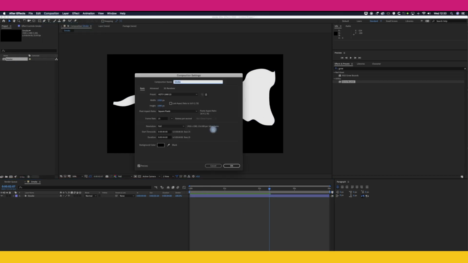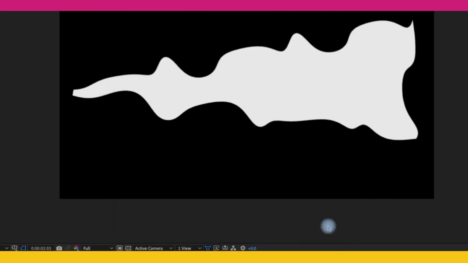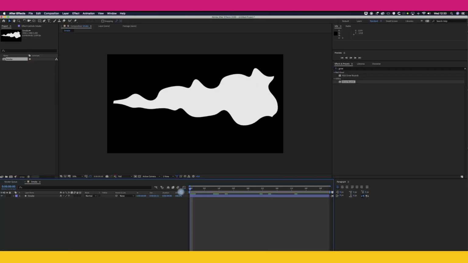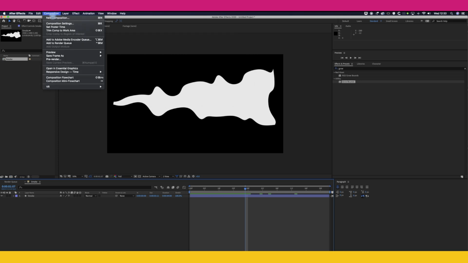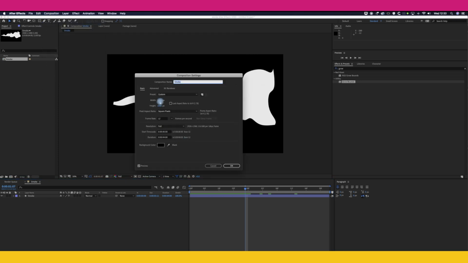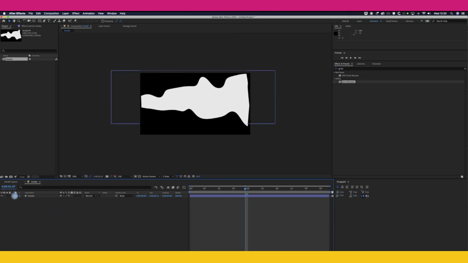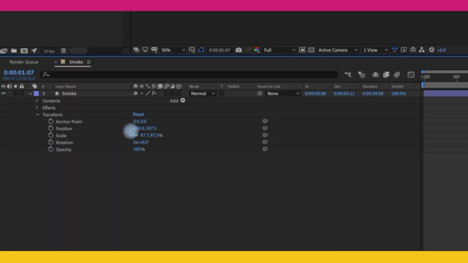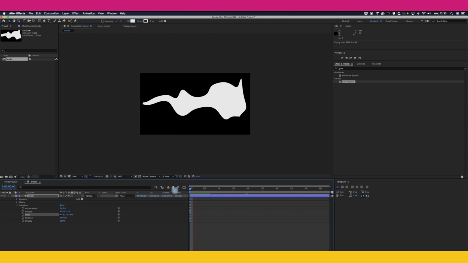I'm actually going to go into the composition settings because 25 frames a second is quite a lot, so we'll make that down to 12. Let's play that through. That still looks okay, probably looks a bit more cartoony now actually. And then I'm just going to change the actual file size of the composition as well because that's quite large. So we'll bring that down to 1200 and then we will, in transform, scale that down a bit just so it fits inside the box. Play it through again,